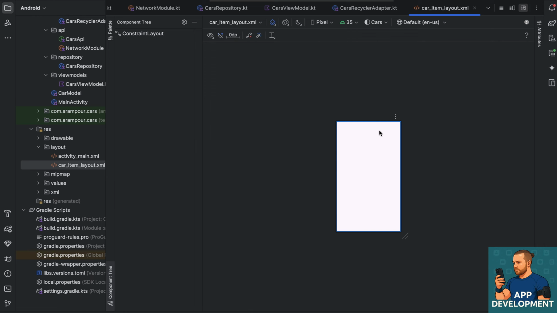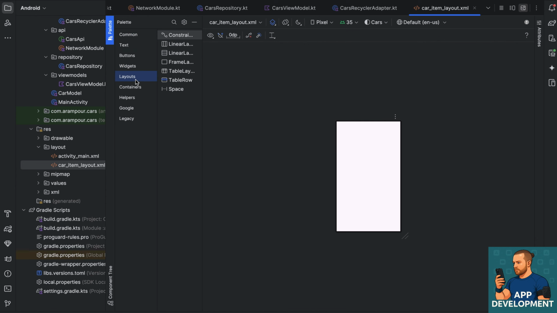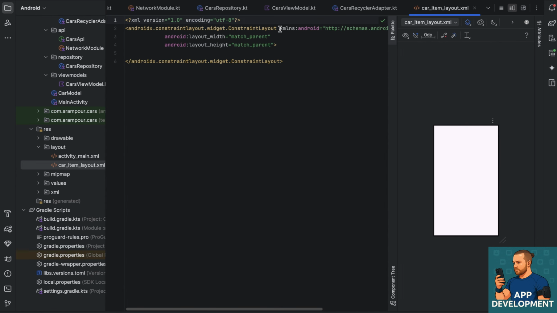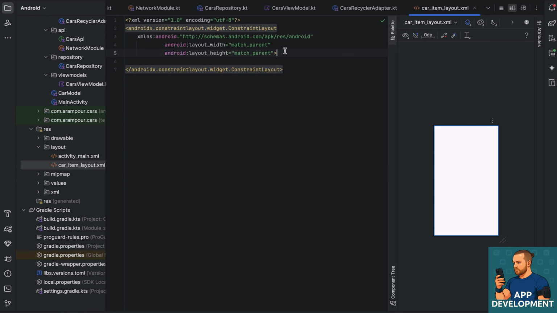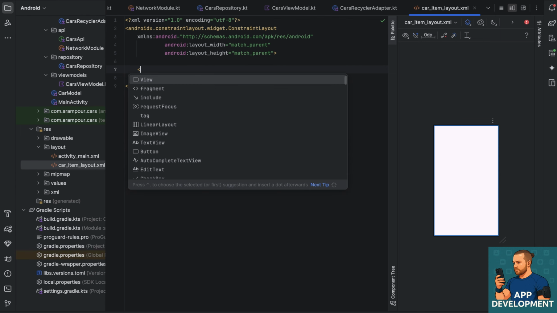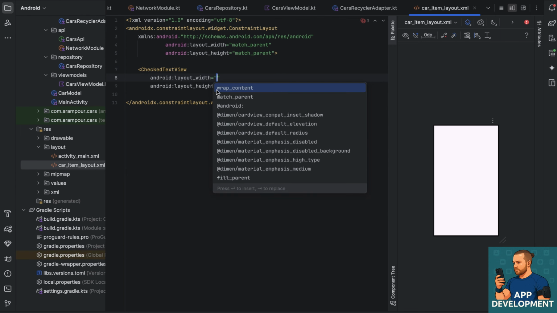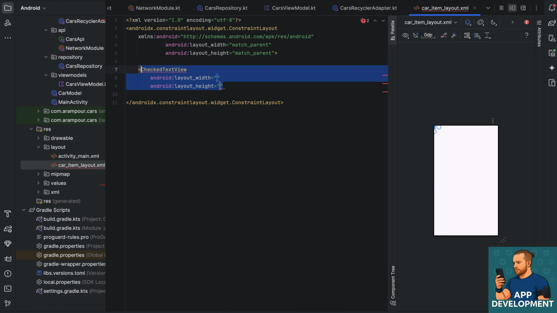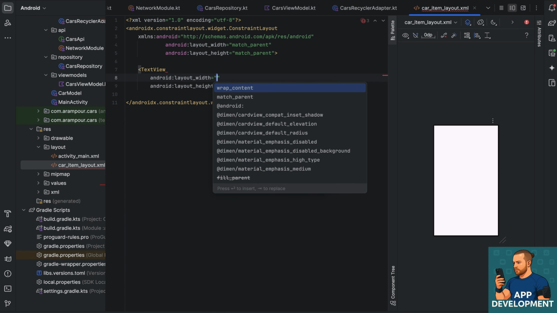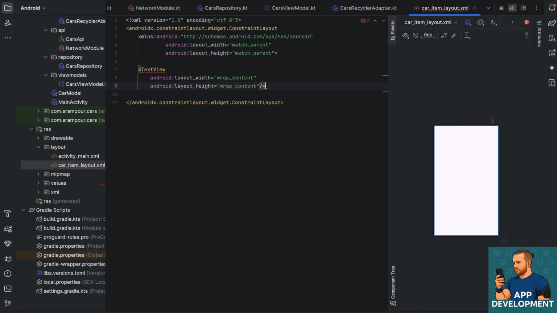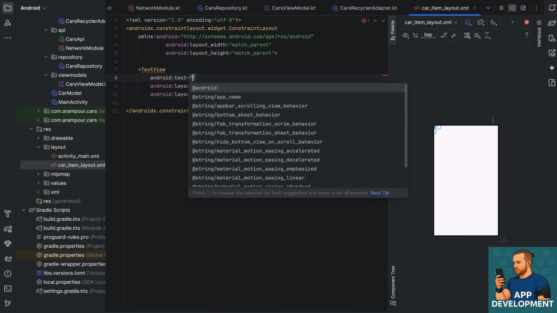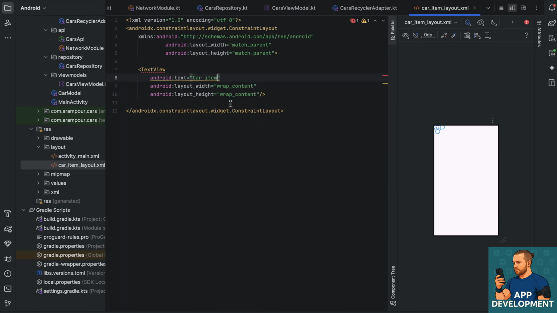Here let's add something so we can see it for now, and add items from here, but I don't want to do that. I want to add my own items, and with constraint layout we can say, for example, we want text for now, and the studio is working badly for now, and let's say car item here, and we